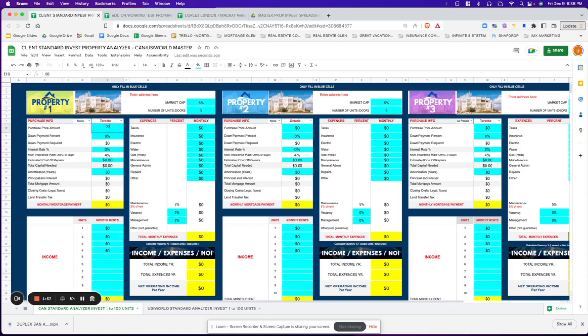So let's just put in 500,000. I'll give you a hypothetical. We're going to put the 20% down, and we're going to put interest rate of 5%. Okay. So now you only change the stuff in the blue, and the amortization, it can go 25 or